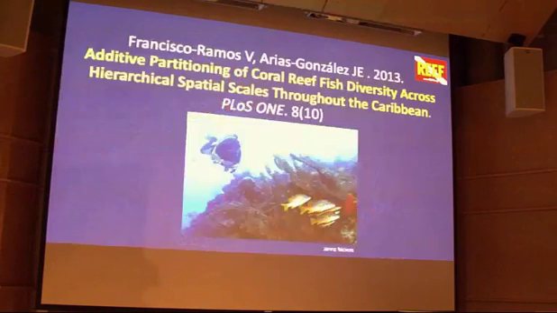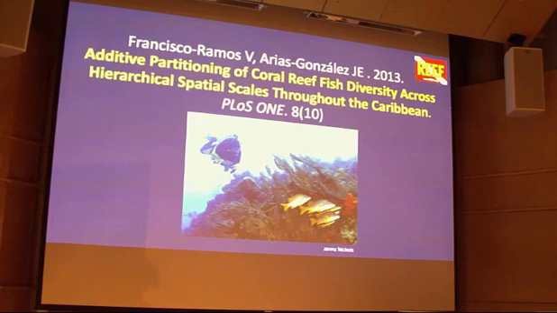So a couple of examples. These guys, a couple of years ago now, I guess, looked at additive partitioning. So really just basic ecological questions about what's happening with coral reef fish communities in the Caribbean, and how diversity changes through different ecosystems.